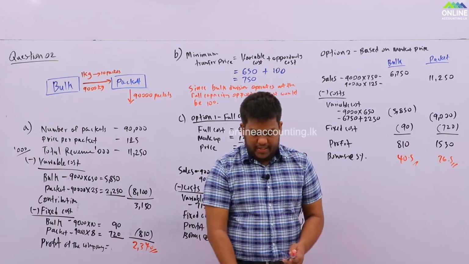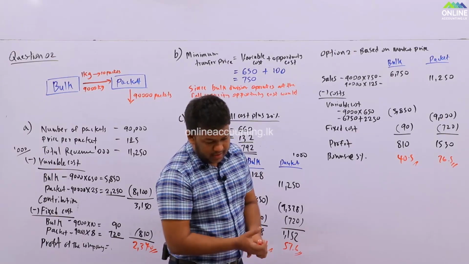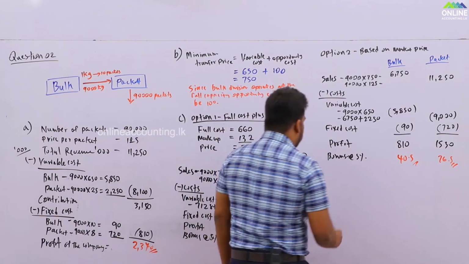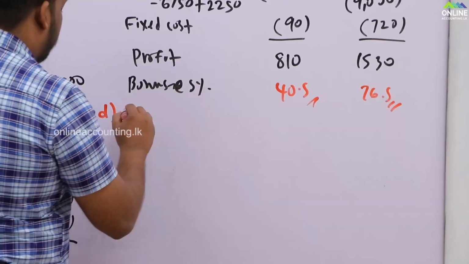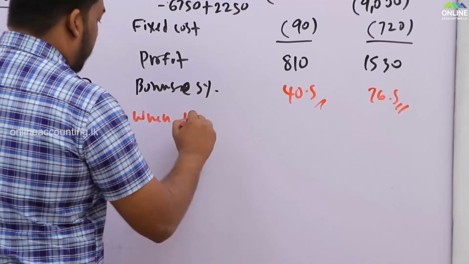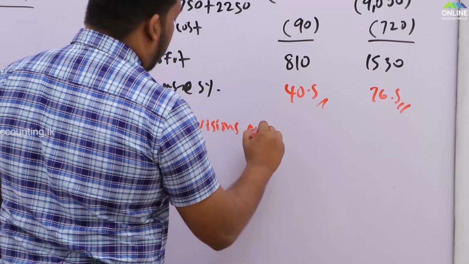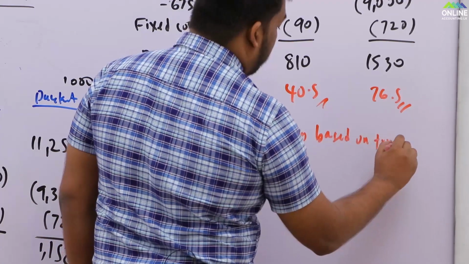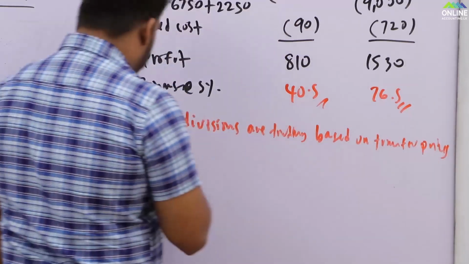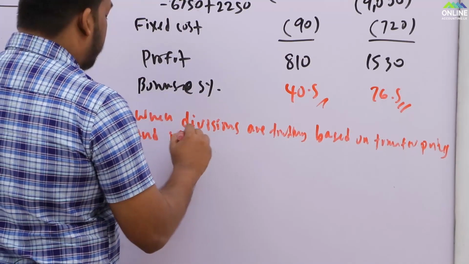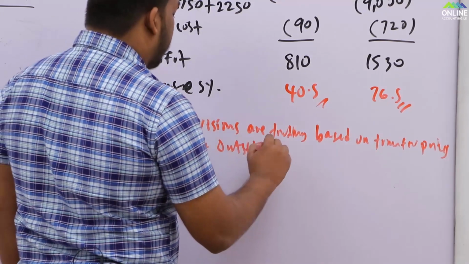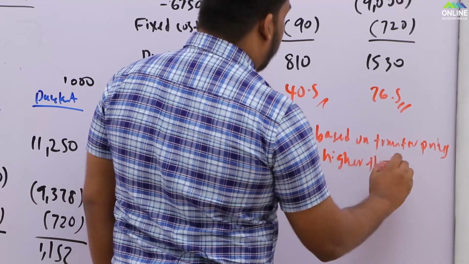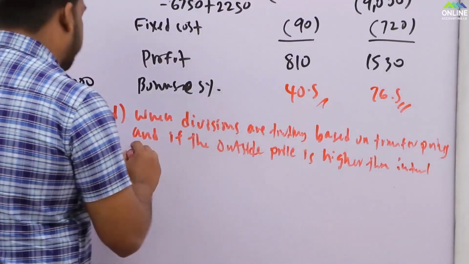So what we can tell is, let's say when divisions are trading based on transfer prices, and if the outside price is higher than internal price,